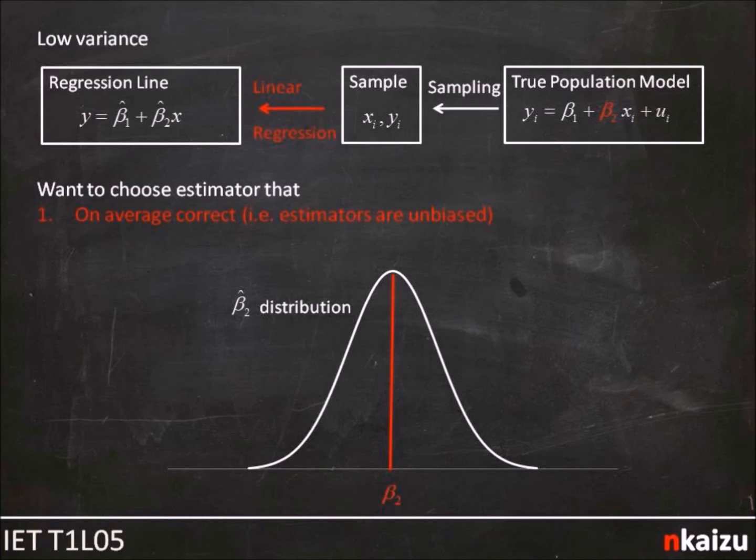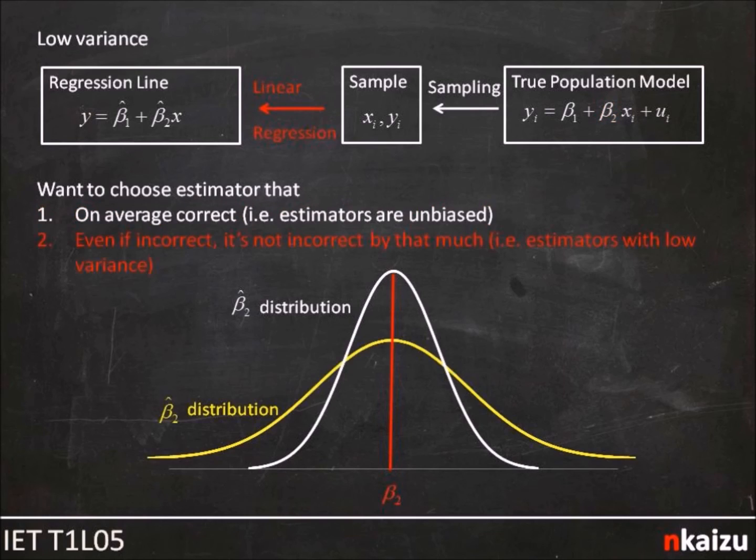When it comes to choosing an estimator, there are two qualities we like. One is that the estimator beta hat is on average correct, i.e. on average equal to beta 2, i.e. the peak of the bell curve coincides with the beta 2 value. So sure, sometimes we overestimate, sometimes we underestimate, but on average we're right on the money. The second quality we look for in an estimator is that